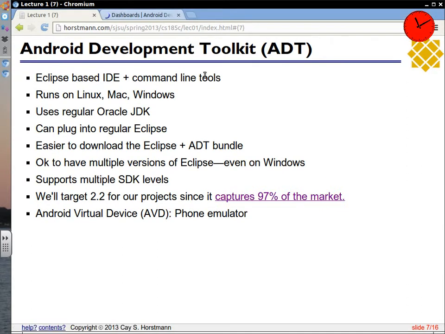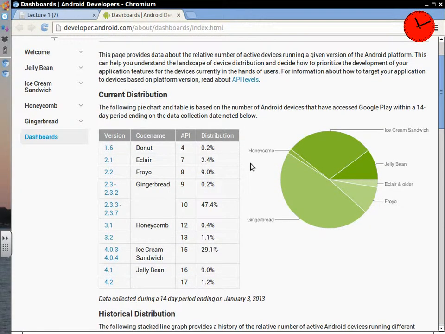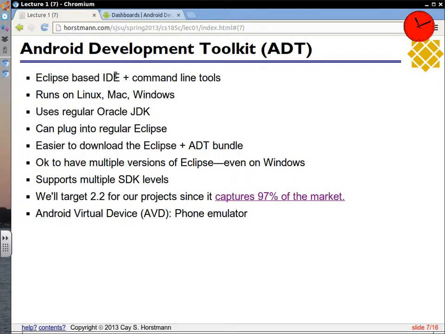There's this nifty chart that shows, I think from 2 weeks ago. They update it every so often. And you can see how many users have which kind of system. So I must be one of these 1.2% here. And there's a whole bunch of people, my wife is up here, who still uses 2.2. But that spans 97%, and of course, as time goes by, it'll keep on going. So generally, we'll try to target 2.2, but right now for the homeworks and stuff, we'll just target whatever the default is. I think, I don't even remember.